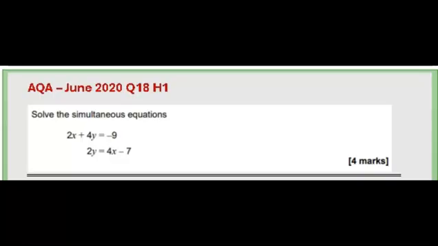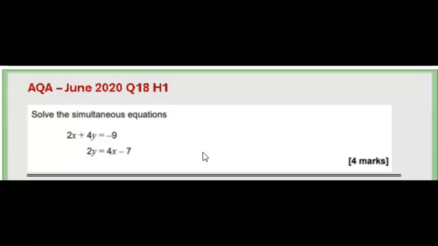Here we have another algebra problem. It's a problem from June 2020. It is question 18, paper 1, AQA specification. The problem is related to simultaneous equations. We have two linear equations and we are asked to solve the